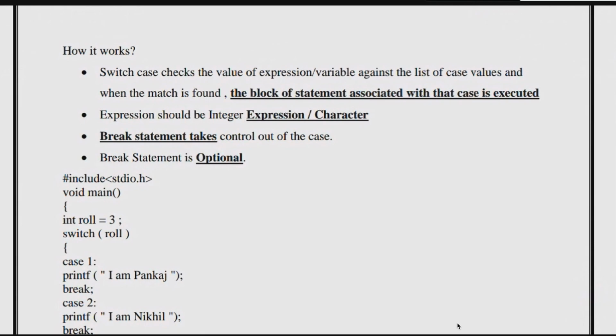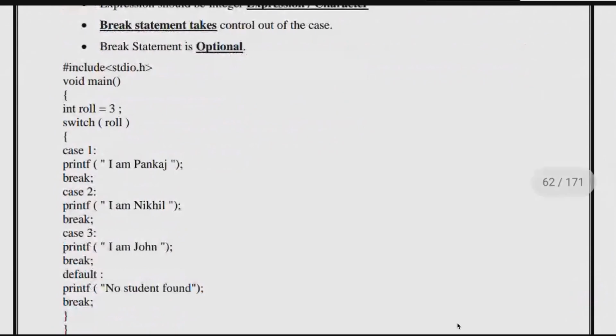He has given an example for this also. Hash include stdio.h, void main. See, here also he mentioned void. If you write void, any data type can be used, whether integer or float or whatever. So if I put only integer, why take the risk? I'll write void main. Most programmers write void main as the main function, which is the start of the program. They put void in front of main instead of a particular data type like integer or float. So any data type it will accept. That is the meaning.